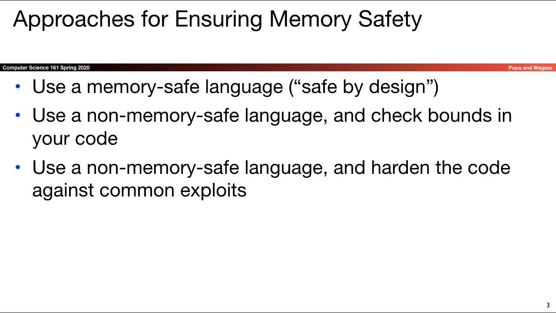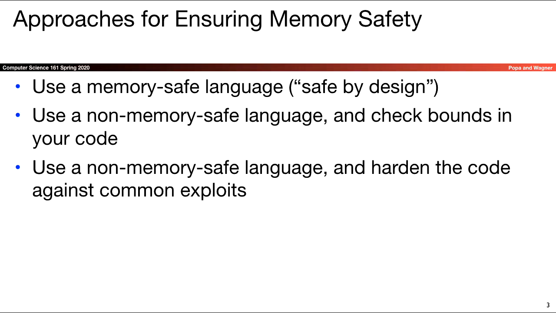Approach number two: let's say you can't use a memory safe language or you don't want to, or you've got some existing code or you don't have the choice, and you're going to use a non-memory safe language like C or C++. Then what you need to do is insert bounds checks into your code. Before you write to memory, check to make sure that it's in bounds for the array or the object you're writing to. And then the third approach is